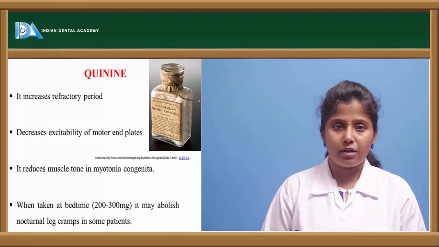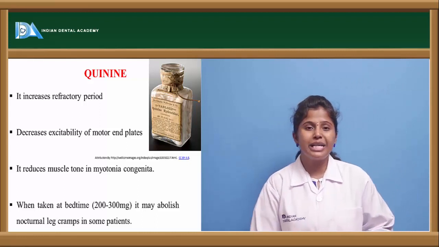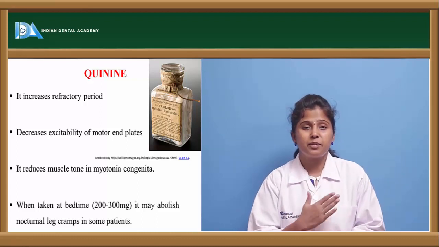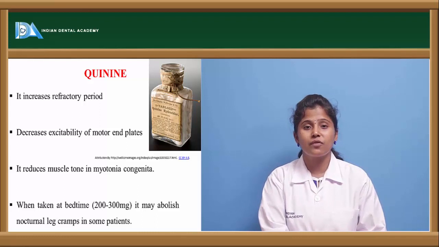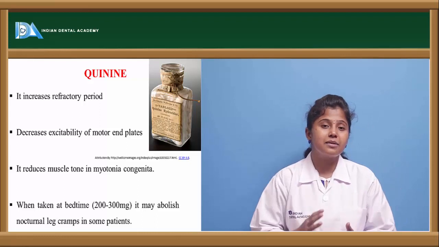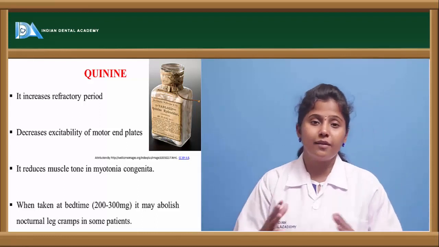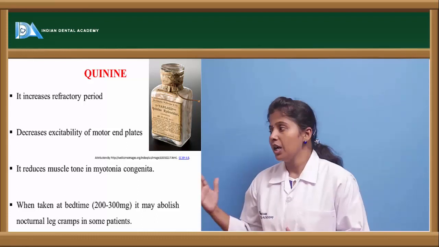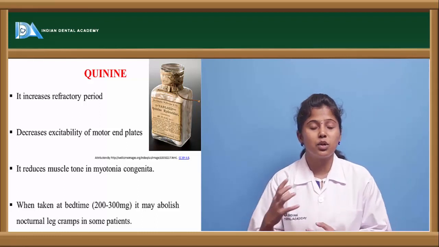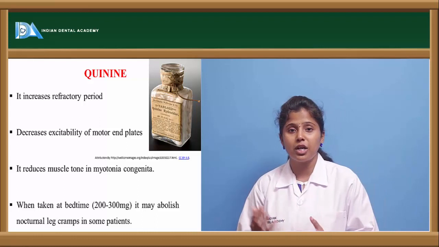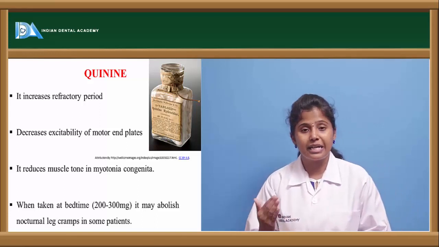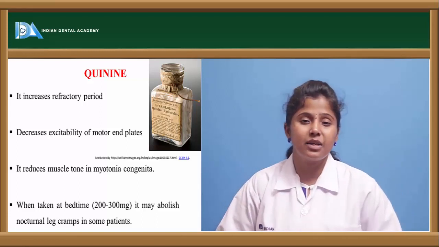The other drug is quinine. Quinine acts by increasing the refractory period. The refractory period is nothing but the state where the muscle is in the relaxed state. So the refractory period will be prolonged or increased by quinine, and it decreases the excitability of the motor end plates. So in the motor end plates, whatever action potential is generated at the motor nerve endings, this can be decreased, or the excitement which is caused because of